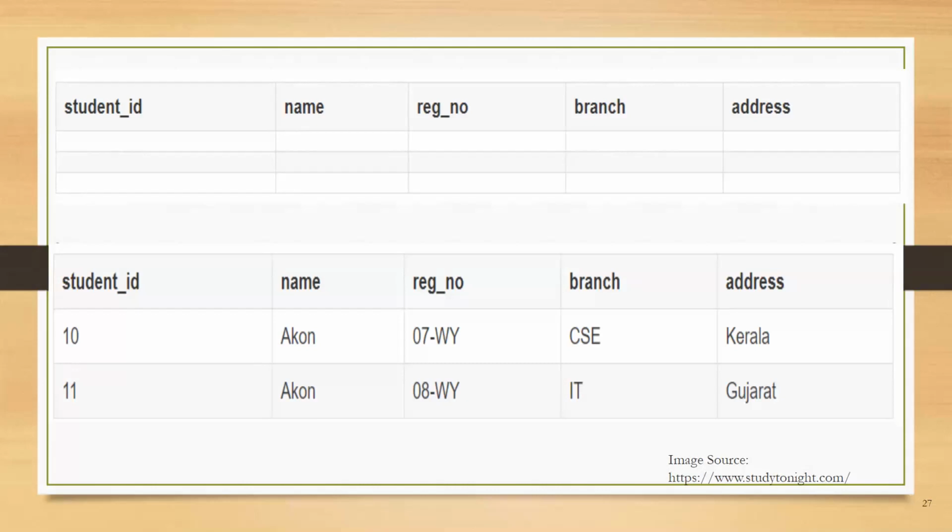Even when the student names are the same, if we know the student ID, we can easily fetch the correct record. Hence, we can say the primary key for the table is a column, or a group of columns, or a composite key, that will uniquely identify each record in the table. So if I ask about the branch of the student with student ID 10, I can get it. Similarly, if I ask for the name of the student with student ID 10 or 11, I will easily get it, because all you need is a student ID and every column is dependent on it. Using that student ID, you can fetch the data, and this dependency is called functional dependency.